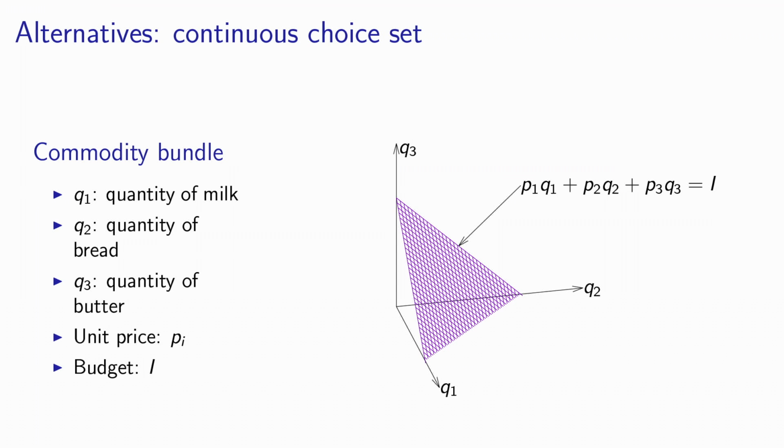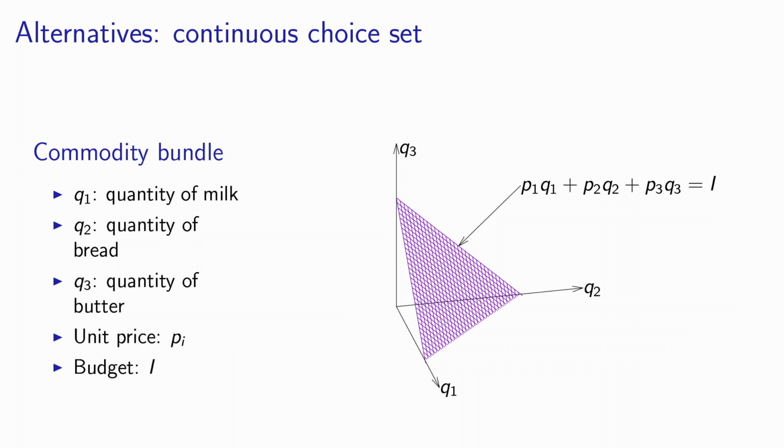Now the alternatives. We will look at discrete choice as opposed to continuous choice. In order to make the difference, let me define what a continuous choice set is first, and then we'll move to the discrete choice afterwards. A typical example is when you want to purchase different items. In this example, I use milk, bread, and butter. What you need to do is to decide which quantity of each of these items you will purchase, given the price of these items, and given the total budget that you have available. This is a typical example of microeconomics, and we'll come back to this later on.